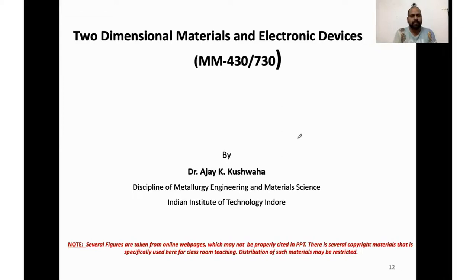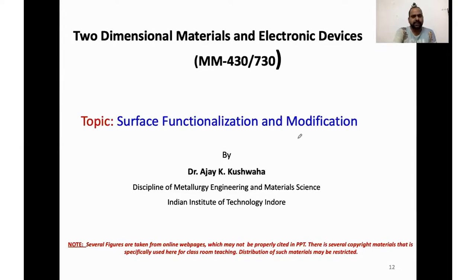Now, in the next discussion I would talk about surface functionalization and modification of graphene. Surface functionalization and modification means that your graphene is already a two-dimensional material whose surface is very, very active. It can host a variety of materials, and once it hosts different materials, it may create covalent bonding or non-covalent bonding. Based on what kind of bonding is there, or what kind of molecules are there, we may have very different properties. That we will talk about in our next PPT.